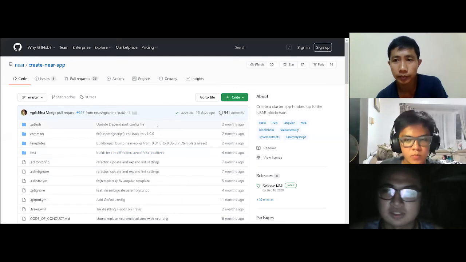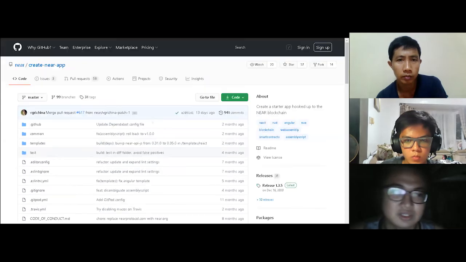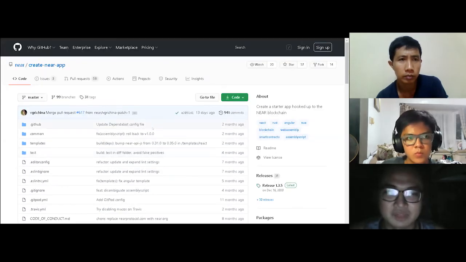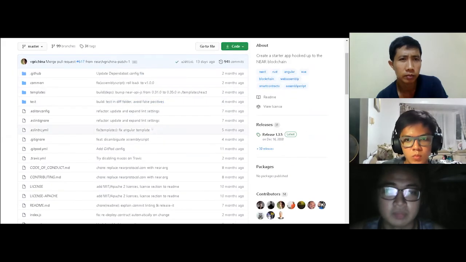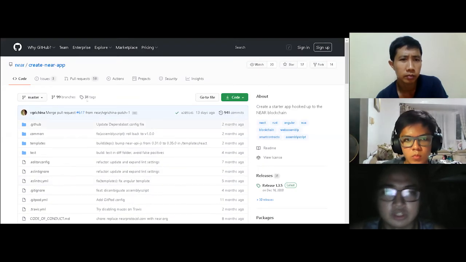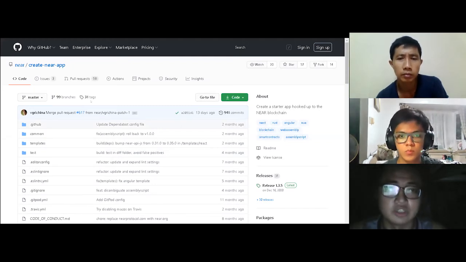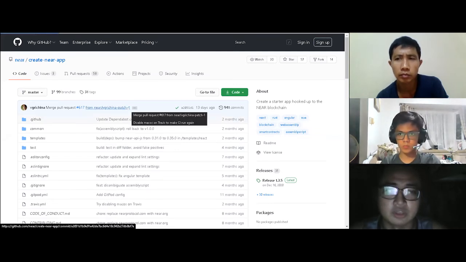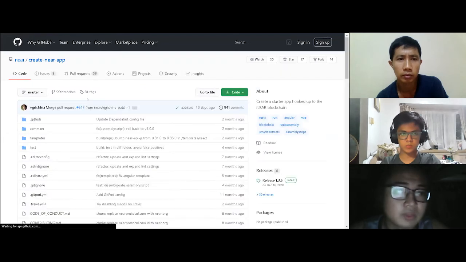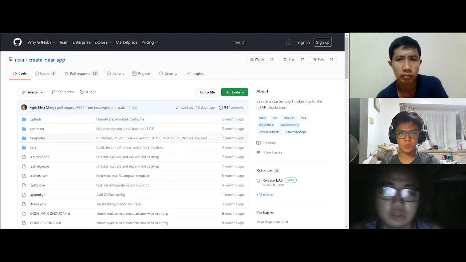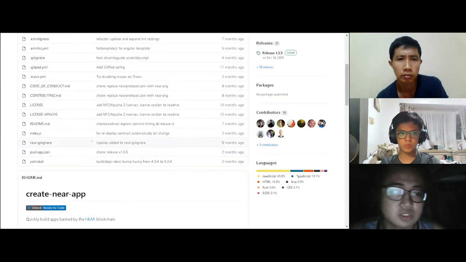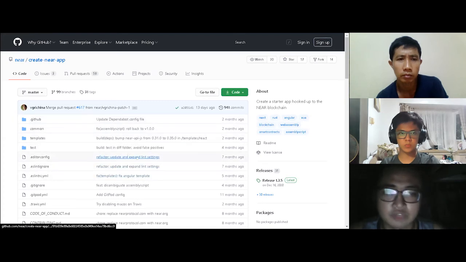Yep. Yes. So this is the GitHub of Near. It is like a cookbook. You want to start building on Near, and GitHub is the best way for you to start. Getting on GitHub in Near is the best way to start, because GitHub is the first thing that you need to do. All you need to do is download the code for you to get all of these folders and files.